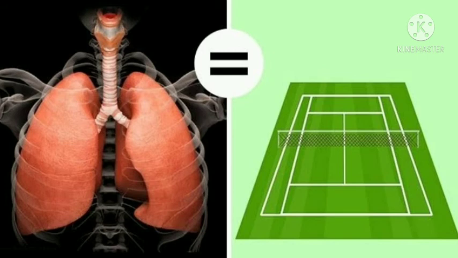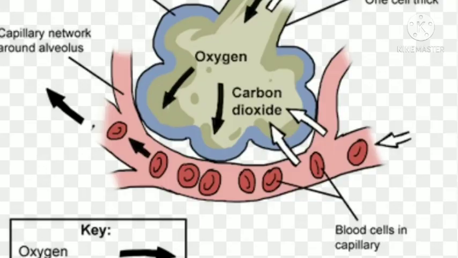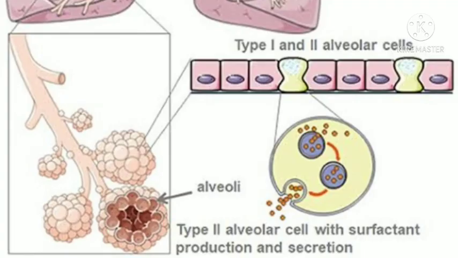If the lungs were unfolded and expanded to their fullest size, they would be roughly the size of a tennis court. When you breathe, 70% of waste is eliminated in the form of waste gases like carbon dioxide. Small gas sacs within the lungs where gas exchange occurs are known as the alveoli. To aid in gas diffusion within the alveoli, these sacs are lined with a layer of water.